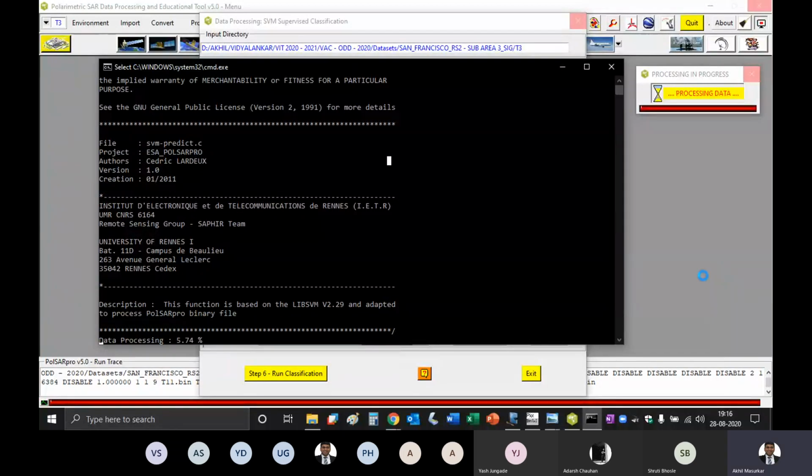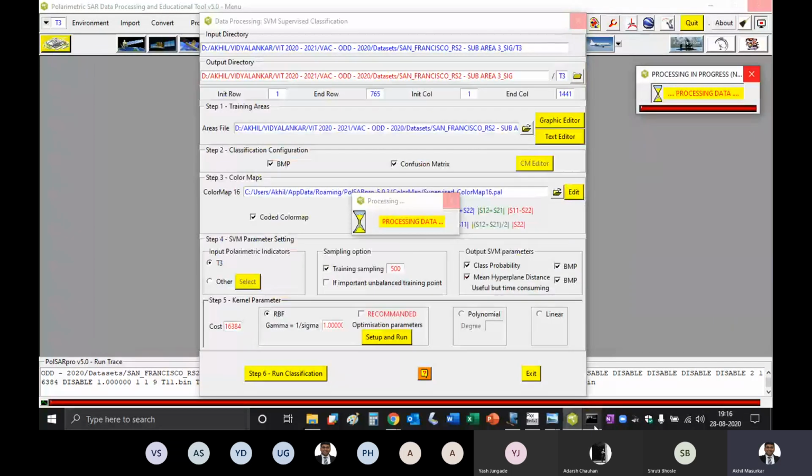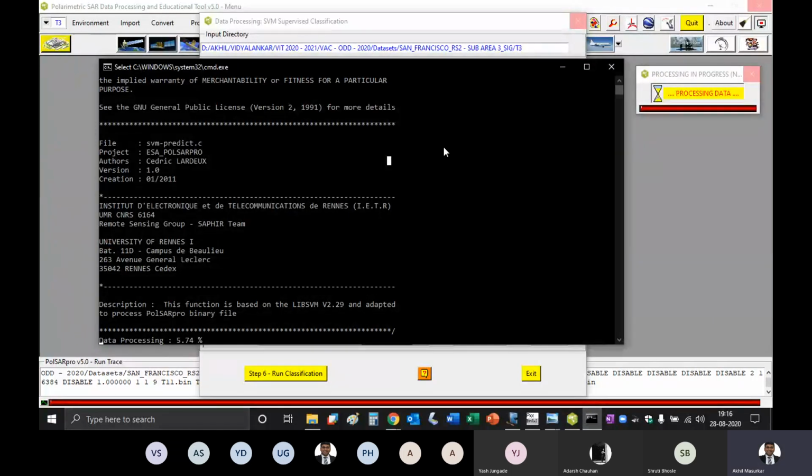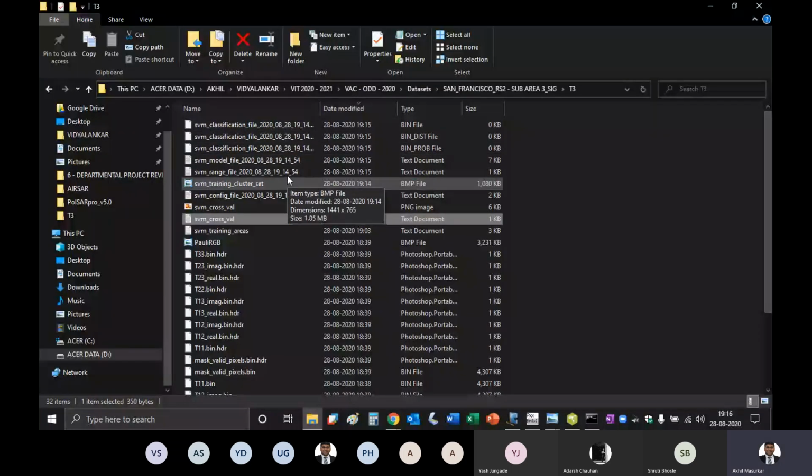So it's saying some data processing. And once the data gets processed, you will get the classification file in this. You will see the classified file in this.